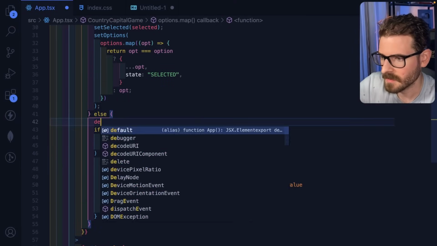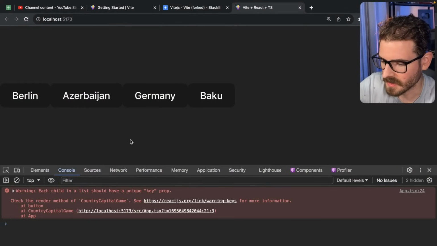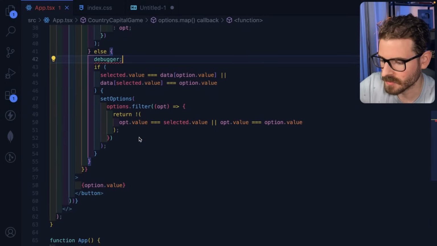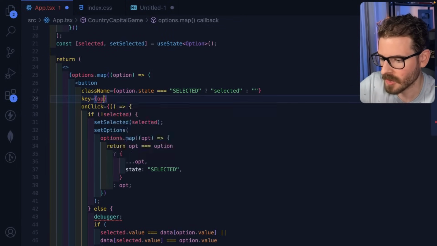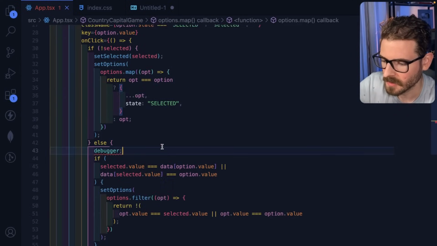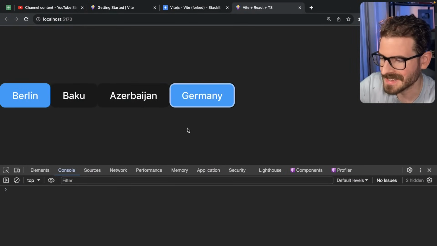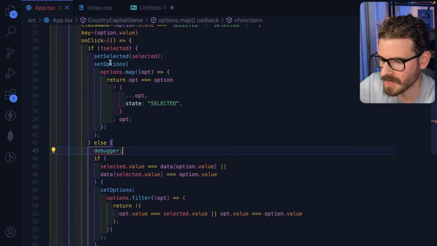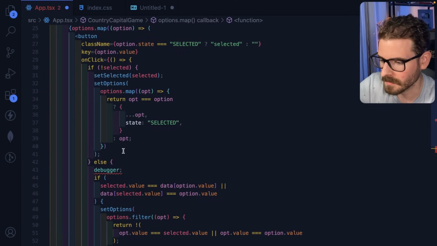So at this point, I would probably add a debugger to try to figure out what the algorithm you're doing is and make sure this is correct. You are getting a warning here about keys, so I should probably go and add a key to this. I'll say key is equal to option.value. So I'll click Berlin and I'll click Germany, and it's not firing off our debugger. So we're not getting here, and the reason we're not getting here is because we aren't clearing out